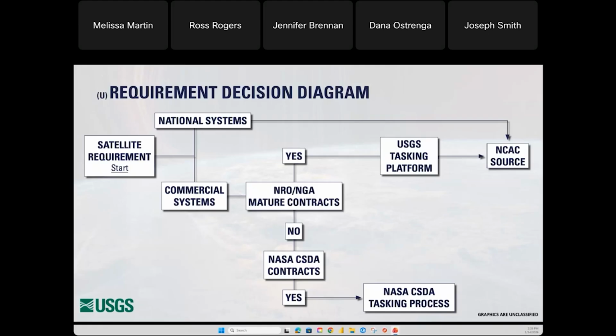And if a requirement cannot be satisfied by either pathway, it does not stop there. It's further coordinated through the Civil Applications Requirements Working Group, where longer-standing needs are tracked and used to inform future capabilities and contract considerations. The key takeaway is that no requirement is lost. Each one is either addressed through an existing pathway or captured to help shape future remote sensing capabilities for the federal civil community. With that decision logic in mind, the next slide covers what users need before submitting a request,